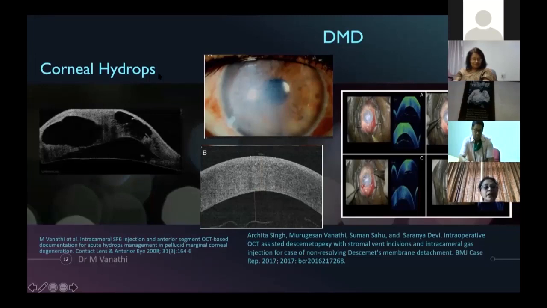When you're looking at corneal hydrops, which develops in ectasias, both in keratoconus and pellucid marginal degenerations, it helps you to delineate the intrastromal fluid clefts here, and it helps to delineate how these behave once you are bubbling these. You take them for intracameral gas injections or air injections. When you see Descemet's membrane detachments in post-surgical cornea, several times the slit lamp evaluation is not good enough to pick up because of the haziness, and an anterior segment OCT helps you to pick up these bullous Descemet detachments, and the intraoperative OCT helps you to plan on the quadrant of entry, the kind of bubbling, and see if it gets settled following your intervention here.